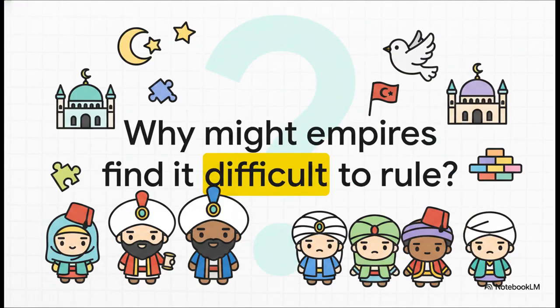Let's pause and put ourselves in the shoes of the imperial administration in Istanbul for a second. Why might empires find it so difficult to rule over many different peoples? When your empire encompasses dozens of distinct populations spread across 3 continents, what systemic vulnerabilities do you inevitably face? If the subjects within your borders don't share a cohesive national identity, how on earth do you engineer lasting stability? How do you mandate a unified legal code that doesn't actively alienate vast segments of your population? The friction of governing this level of diversity was an overwhelming structural challenge.